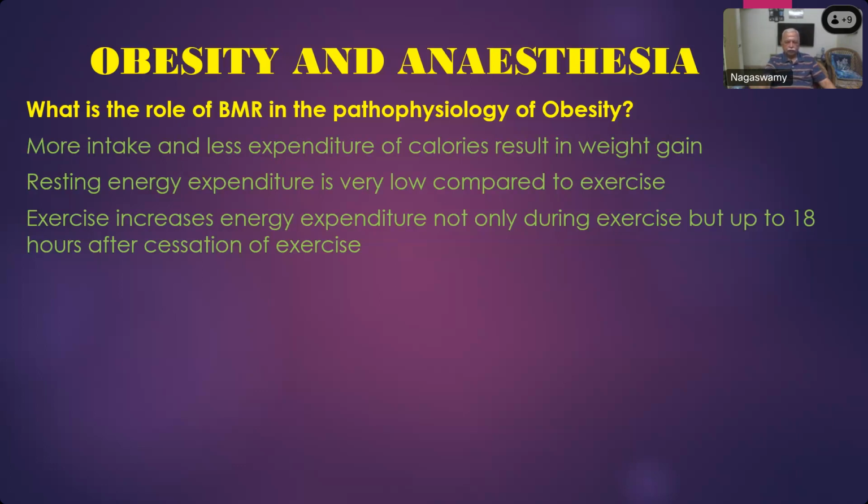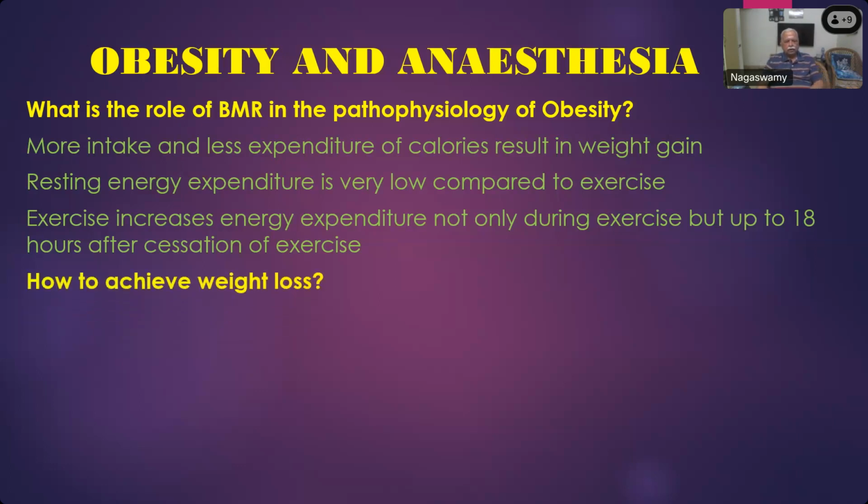Remember that when you advise any patient to go for a walk, you should tell them that they should achieve at least 80% of the target heart rate, which is normally set up for a treadmill test. When they walk, they should do that much brisk or fast walking. Then only the energy expenditure will be ideal. Otherwise, just saying that I walk for half an hour and you walk only 1 kilometer or 1.5 kilometers in half an hour, that is not at all going to be useful.